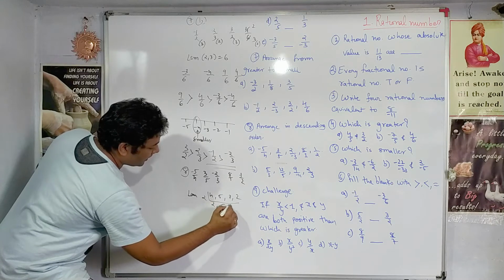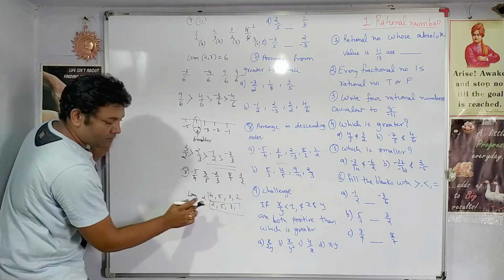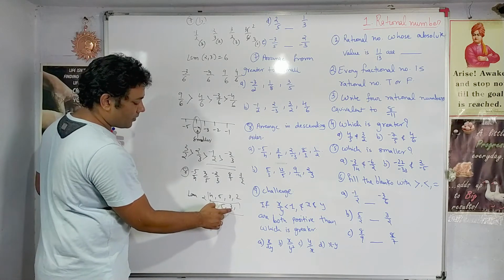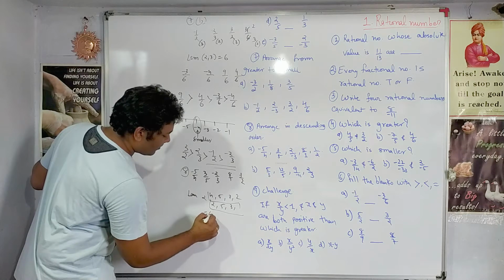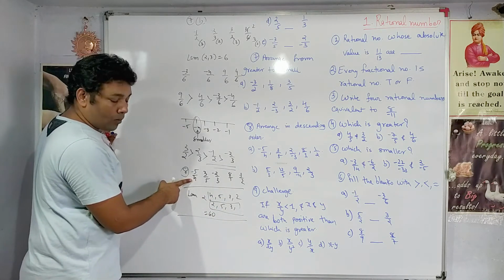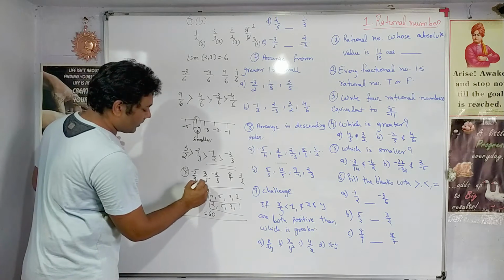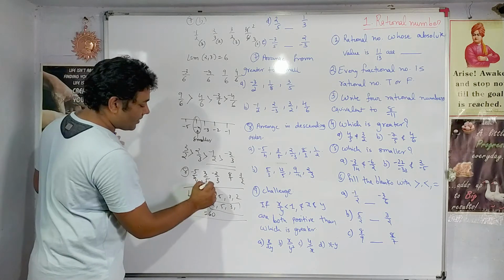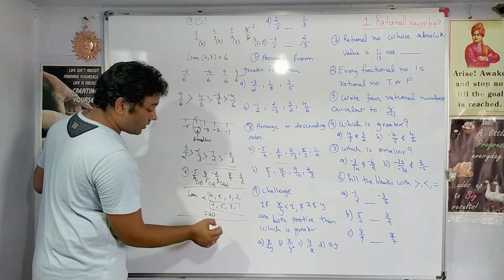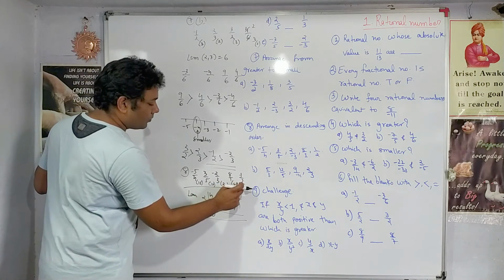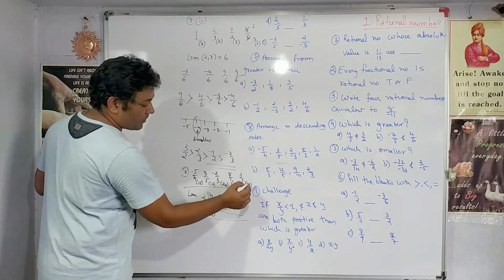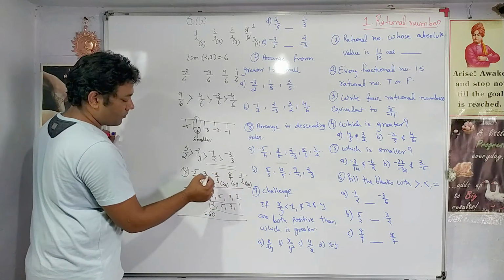2, 2 2s are 4, 5, 3 and 1. Now all these are prime numbers, so let it be as it is. Just multiply. 5 2s are 10, 10 3s are 30, 30 2s are 60. So LCM is 60. What will you multiply with the 4 to get 60? 15. What will you multiply with the 5 to get 60? 12. With 3 what will you multiply? 20. With 1, 60. With 2 what will you multiply? 30, right? The same numbers have to be multiplied in the numerator also.